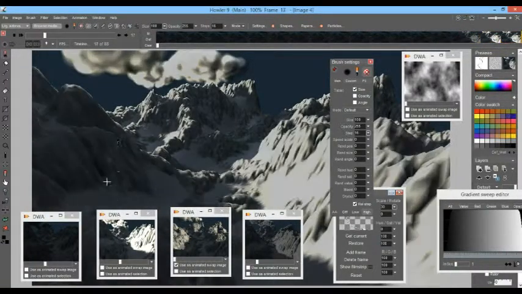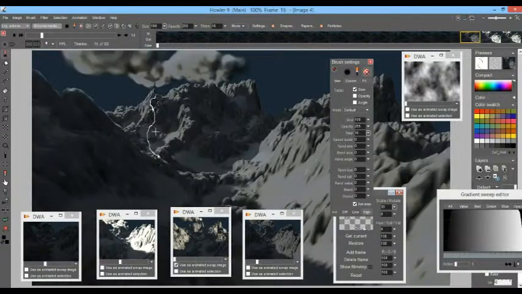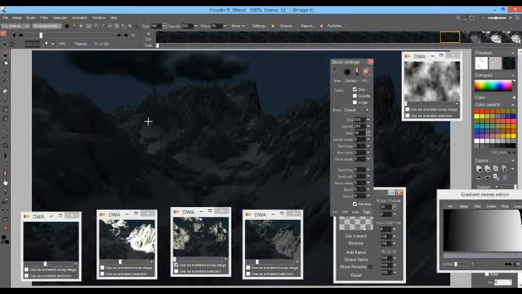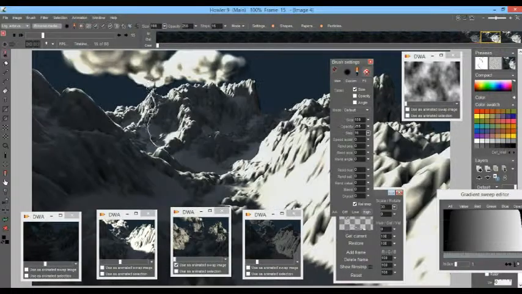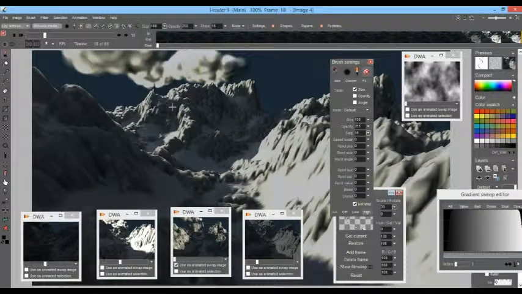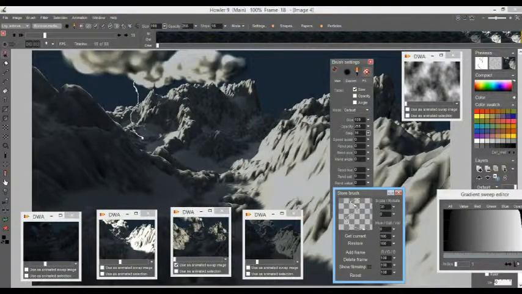And what we need to do is use the left and the right arrow, if you have the keyboard focus, to find the first frame where the lightning starts, and you want to have one bolt here, and then perhaps a second one, boom, nearby, and then nothing here, and then perhaps another one. Now you may want to give it a slightly different orientation. You can do that here as well,